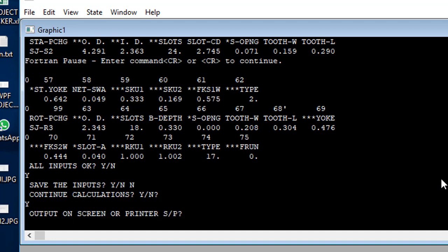Screen or printer, it doesn't matter as far as the disk file goes. Let's send them to the screen. Printer, what you do for the printout is use Notepad to open the file and then send it to your printer using Notepad or some other text editing program. So screen,